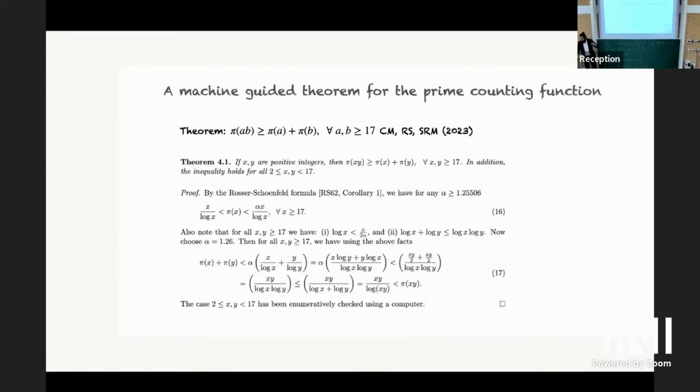So this is the theorem. I won't bother going through the steps, but the most important result we needed to prove this was number 16. It is the gamma function formula, and it bounds the common function to two other functions. It's a rather simple application of a known result.